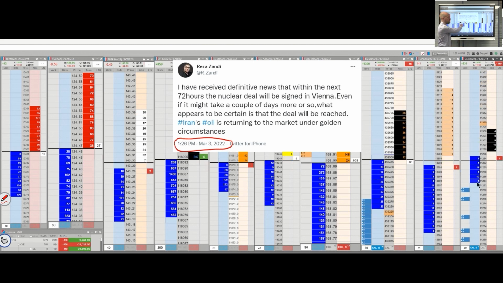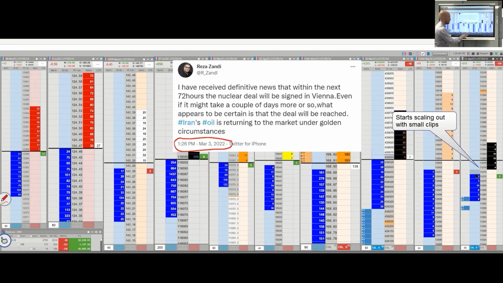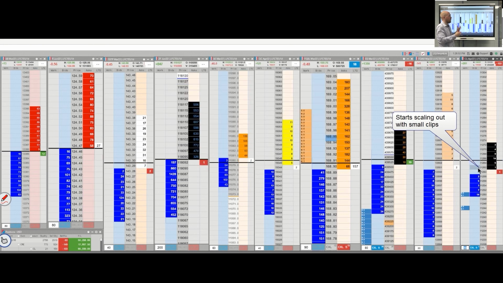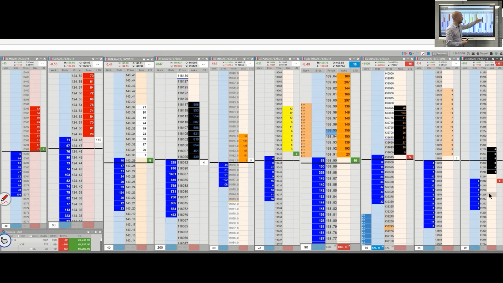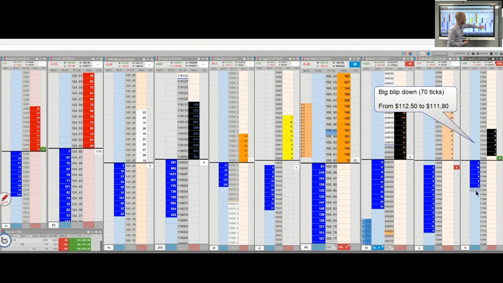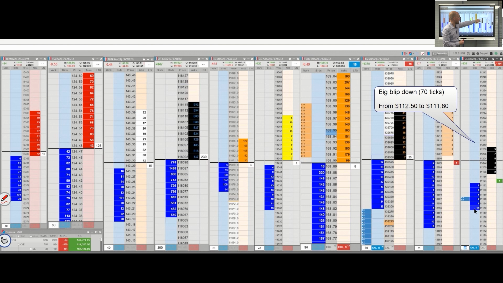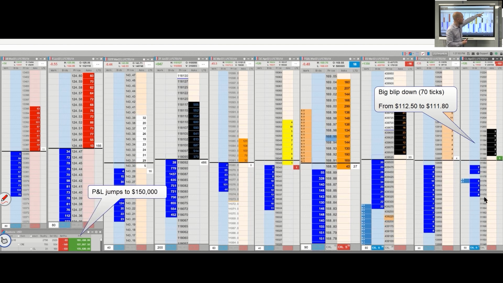And notice we haven't put the chart up. There's no focus on a chart at the moment. It's all about what's going on on the ladder. So 100 ticks, very fast move. This is typically the point where you will start to see a little bit of bounce in oil. As such, small scaling out, but it's scaling out as the market drops. Now you see a very quick drop. We've gone from 112.50,